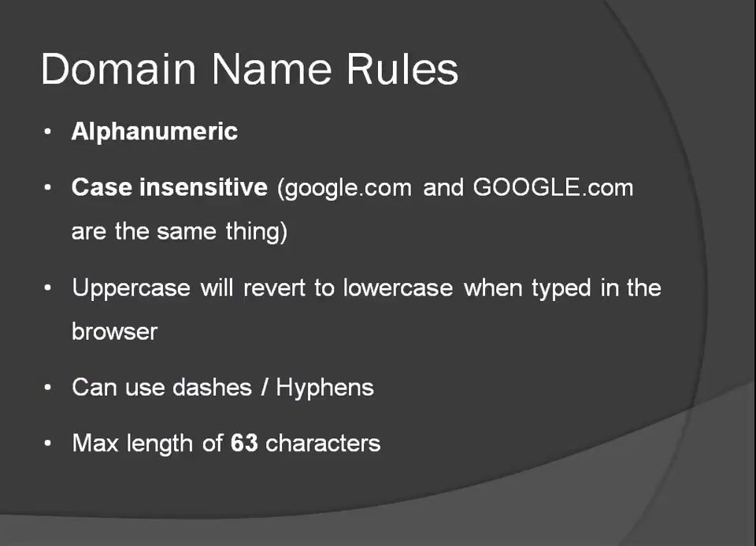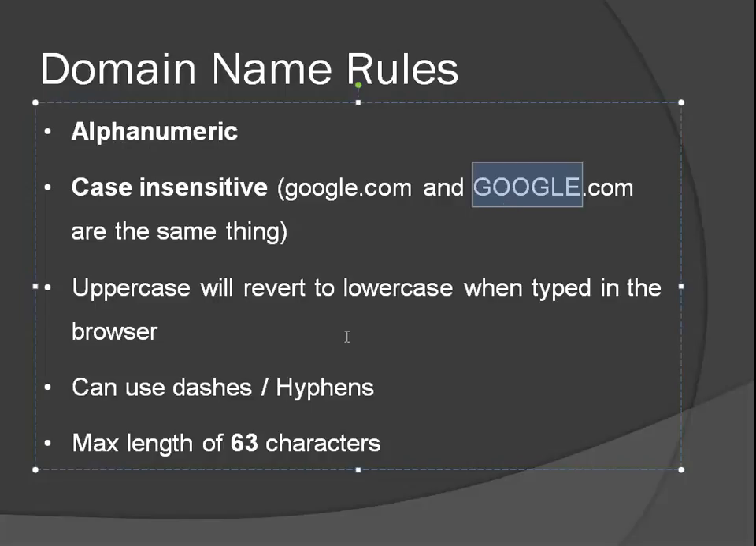So domain name rules, these are things that you need to follow when you're creating a new domain. They have to be alphanumeric, so numbers and letters are okay, although I don't think you can start it with a number, but I'm not positive. They're case insensitive. Google.com lowercase is the exact same as uppercase Google.com. Now if you type in google.com with all uppercase, the browser will actually translate